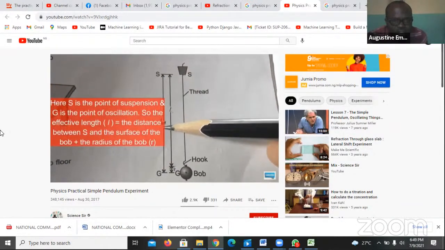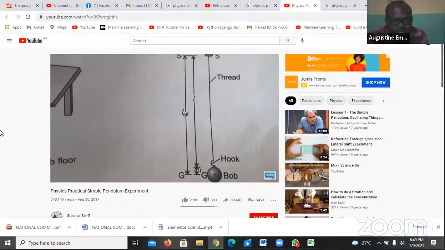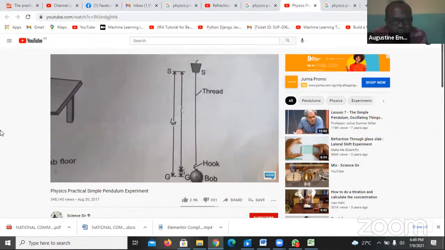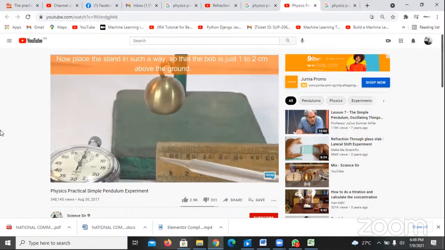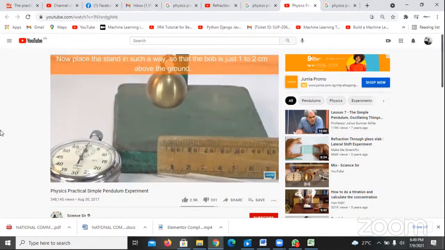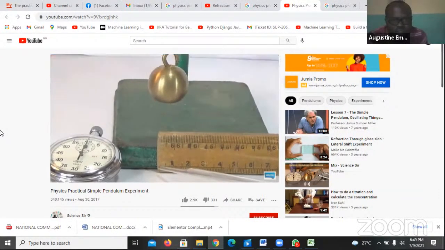Okay, the effective length: the distance between the point of suspension and the middle of the bulb. That means the distance to the bulb and the radius joined together. Now place the stand in such a way so that the bulb is